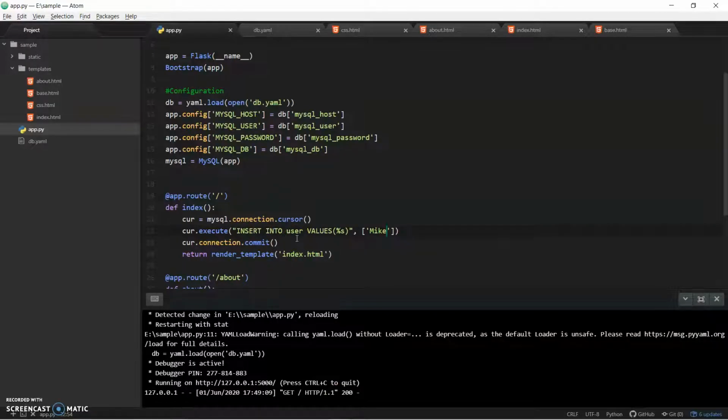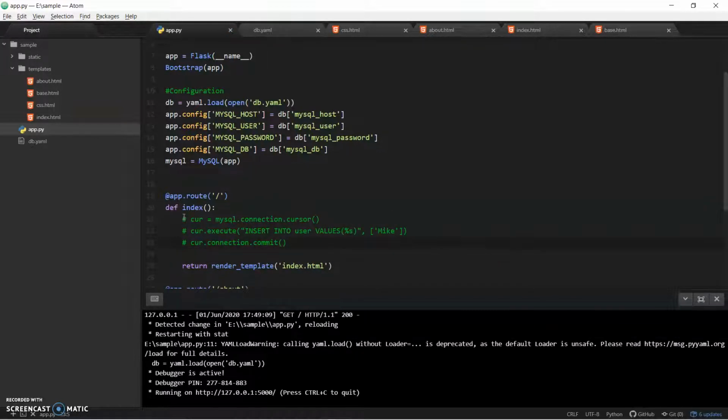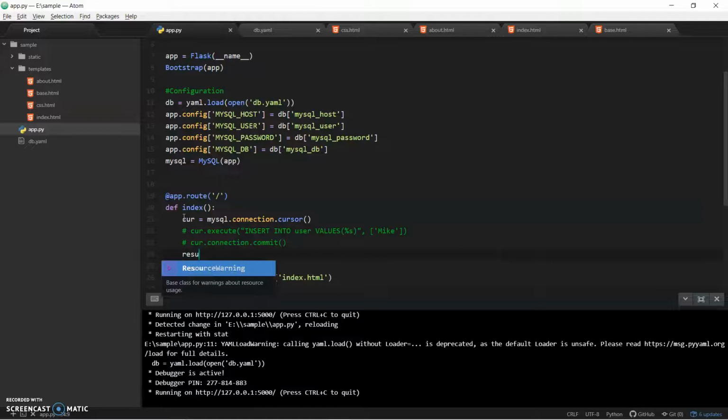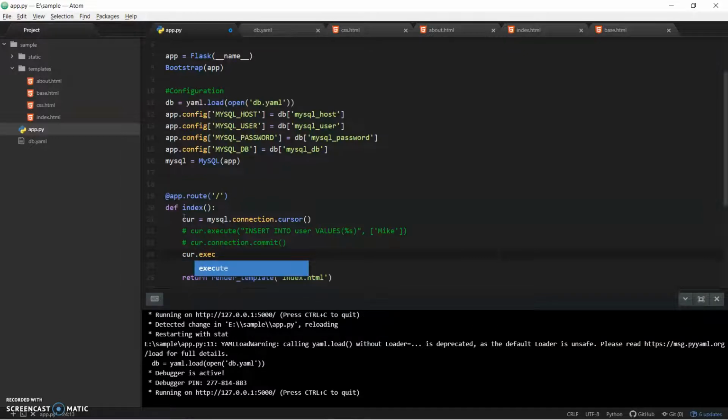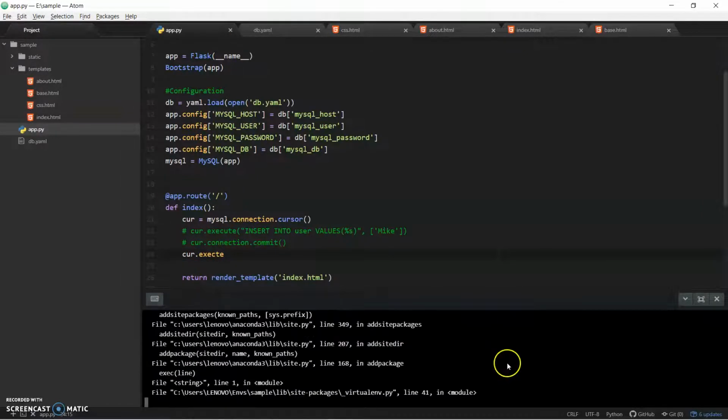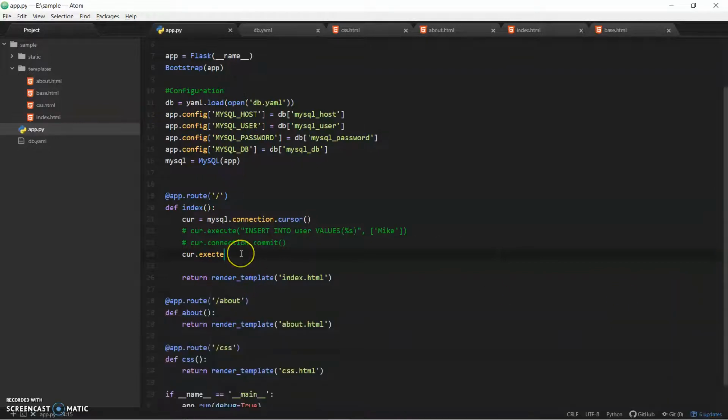So let's do some changes that will help us to actually fetch the data. I'm going to retrieve the data and present it. Although we have finished all of these commands, just comment this out. I need this cursor, by the way, so I'm going to use this cursor. Here I'm going to execute a command. The command will be